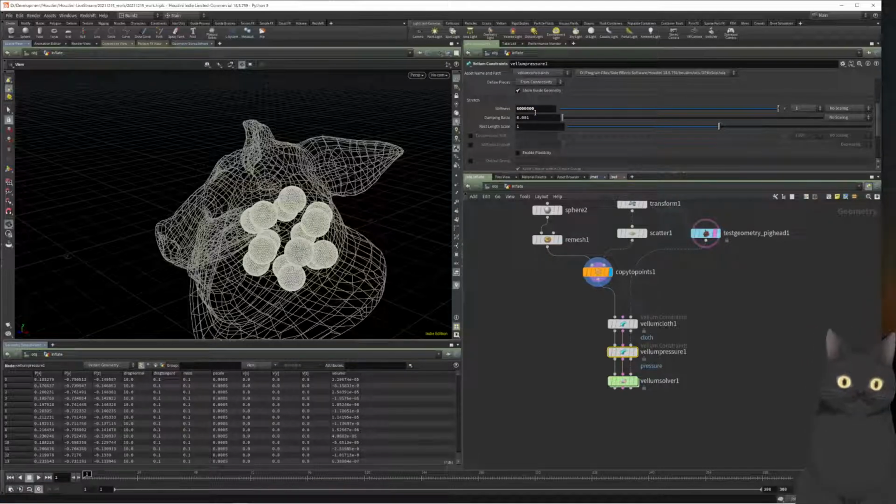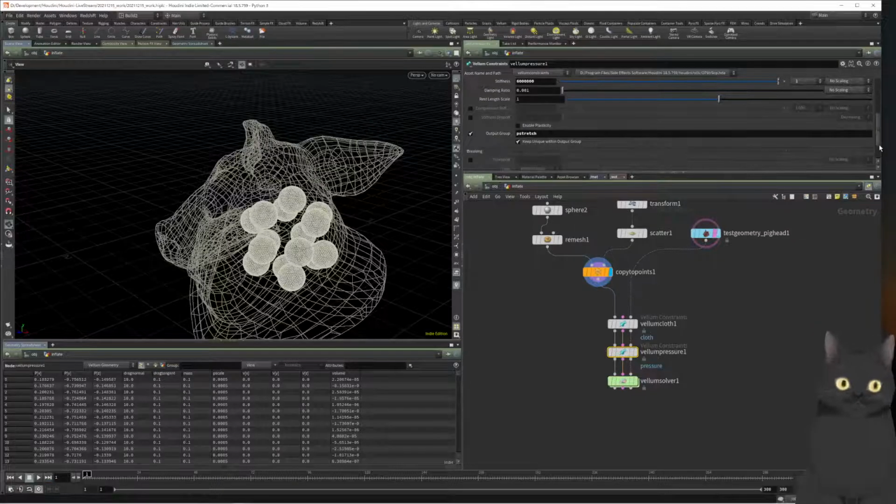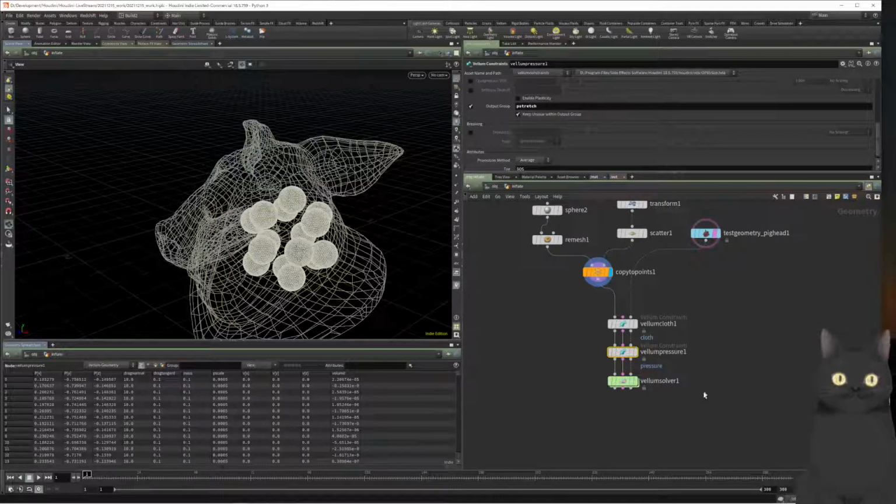And enable this output group, and it should be a P stretch, pressure stretch. Okay, and that's it. Let's dive into Vellum Solver, and here